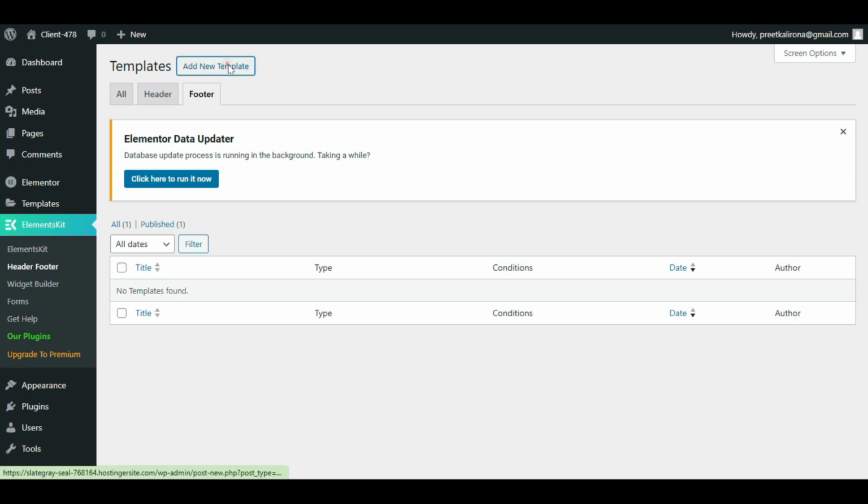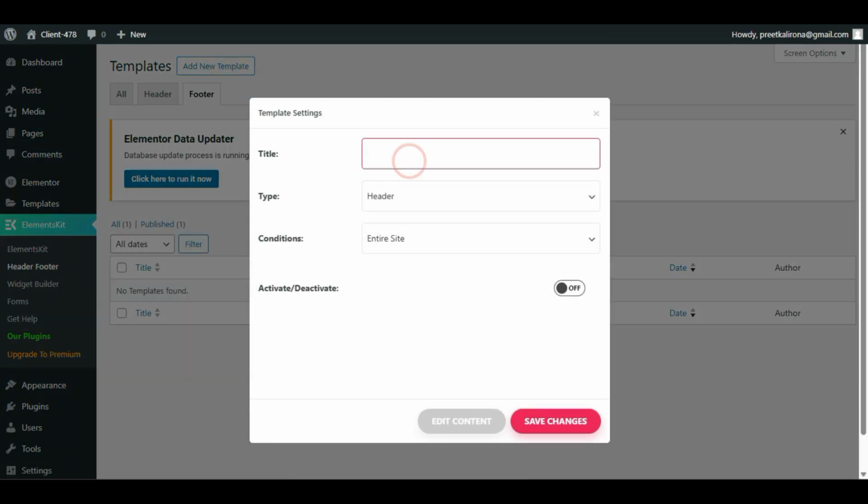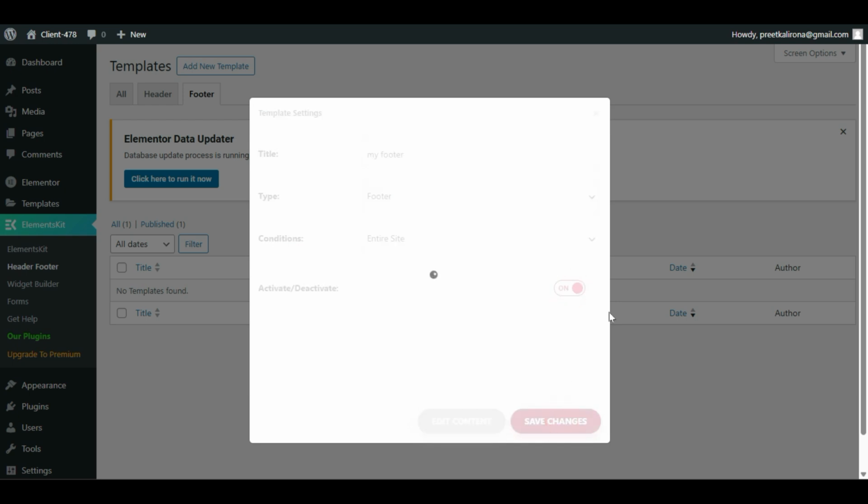Click on add new template, my footer, and select type footer. Condition entire site must be activated. Save changes. After save changes, you can click right away edit content option here, or you can just save it, and here